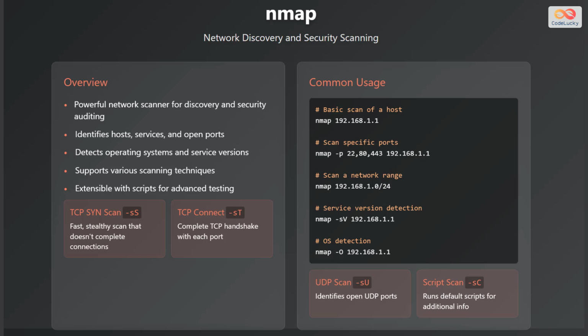A TCP SYN scan is a fast, stealthy scan that doesn't complete connections. A TCP connect scan completes a TCP handshake with each port. For a basic scan of a host, use the command nmap 192.168.1.1. To scan specific ports, use the command nmap -p 22,80,443